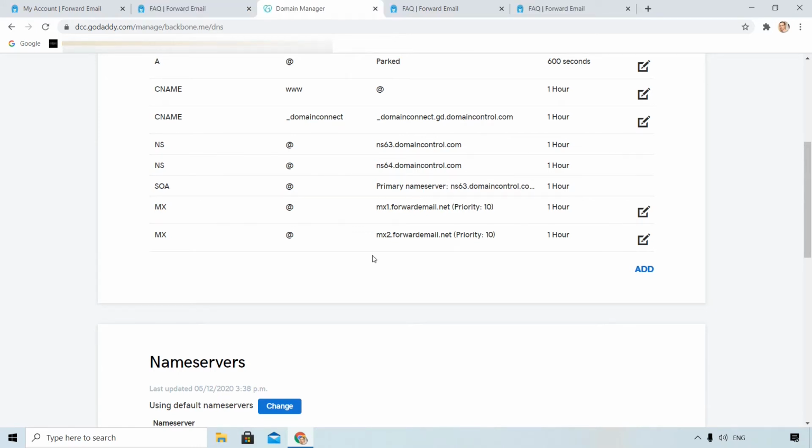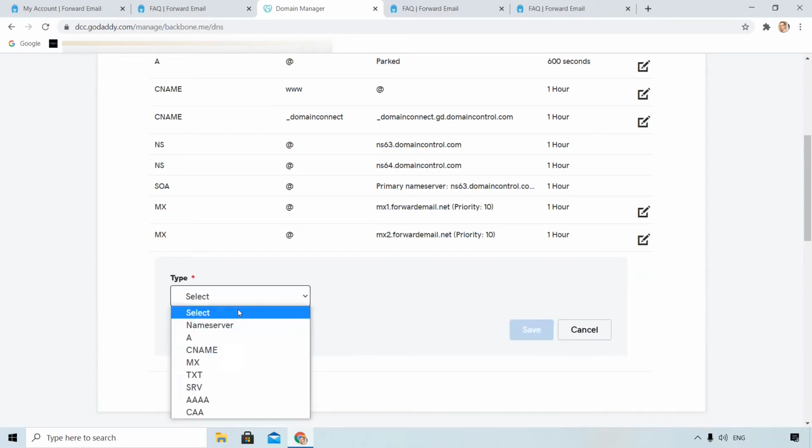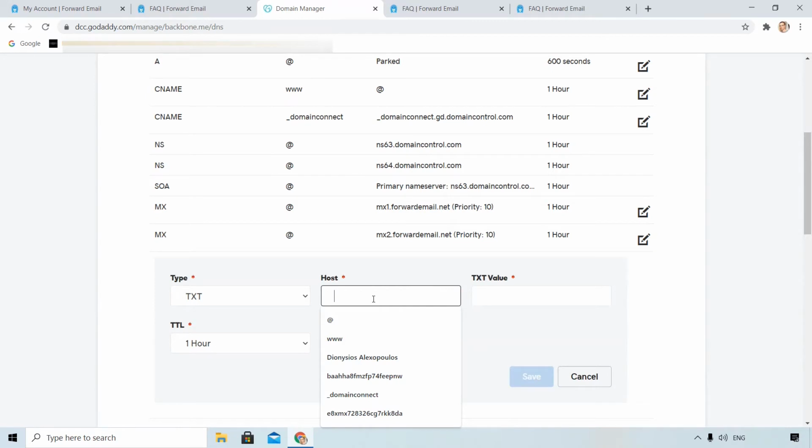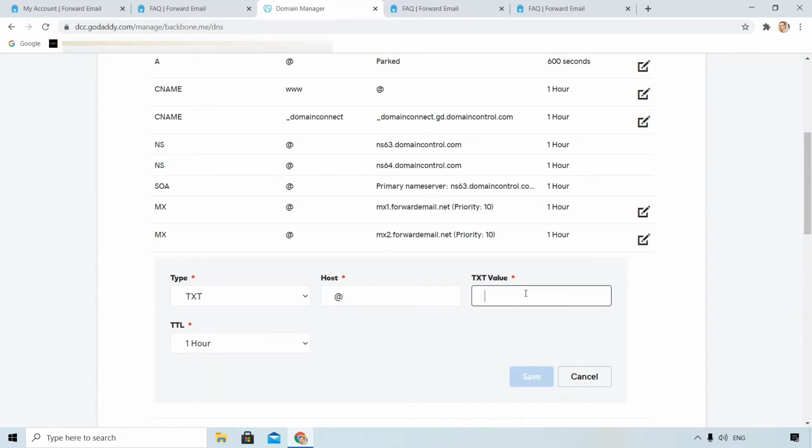The next and last step is to add a TXT record. This is very important. I put that symbol in host again. This is very important. It is forward-email equals, and then you need to type your Gmail.